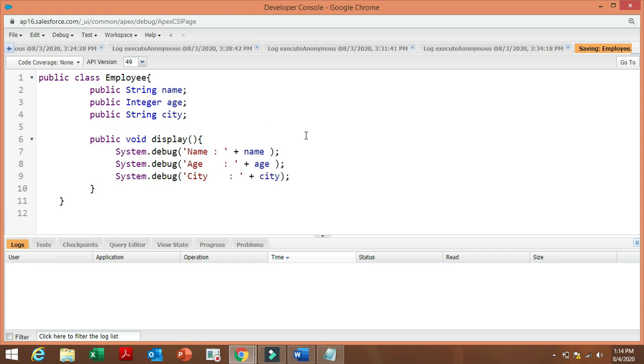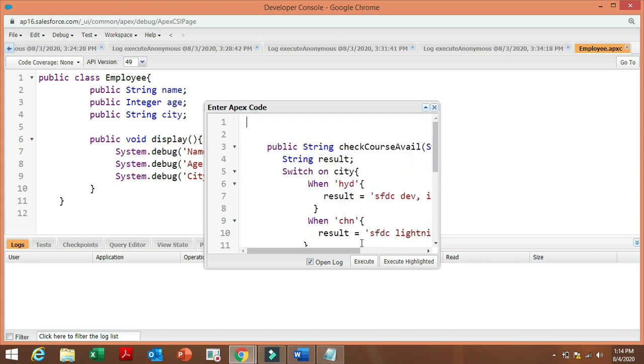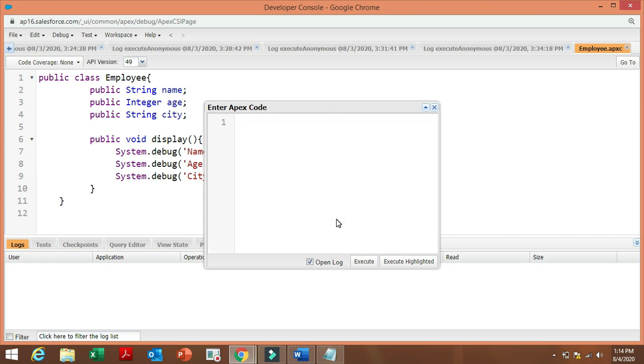Okay, now this class is saved. Let's execute this using the anonymous window. Okay, how to execute this?